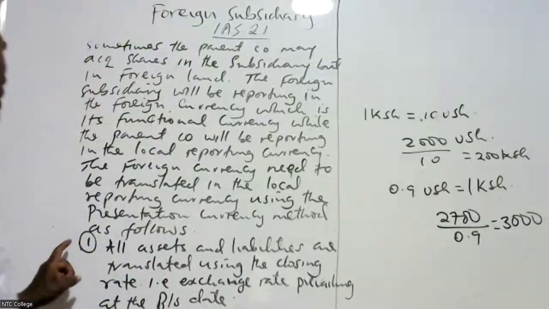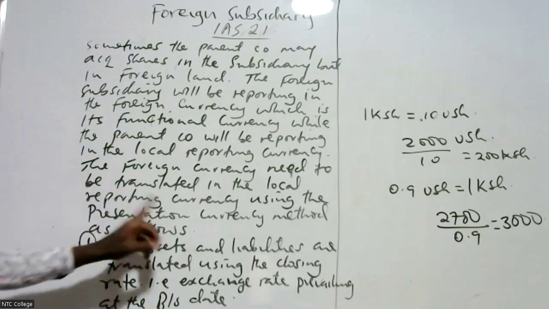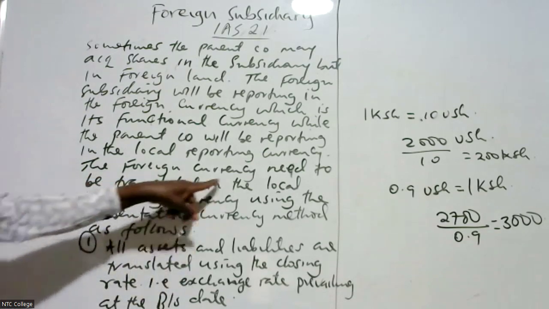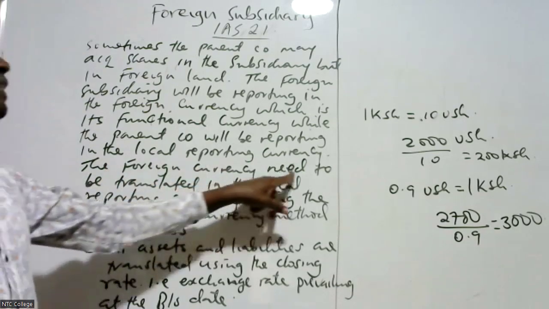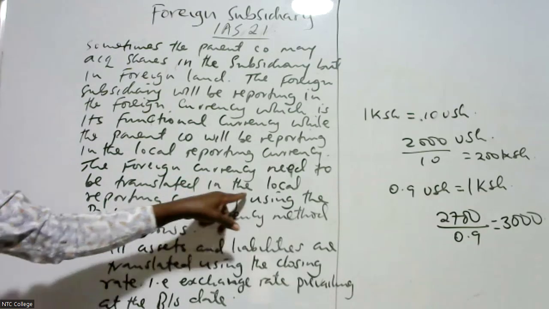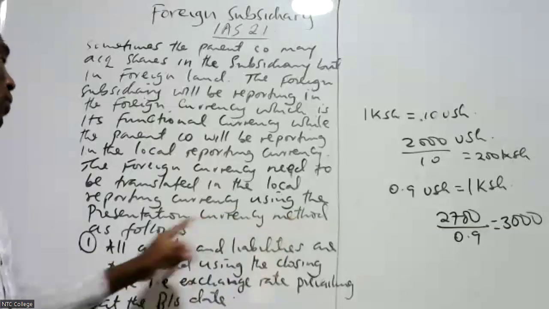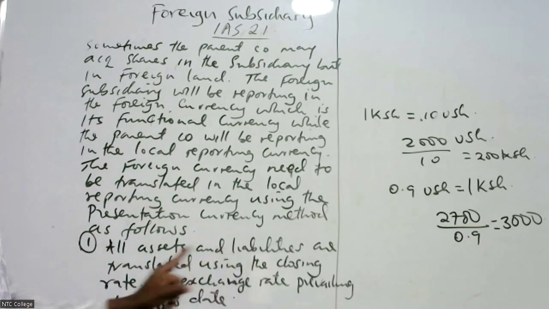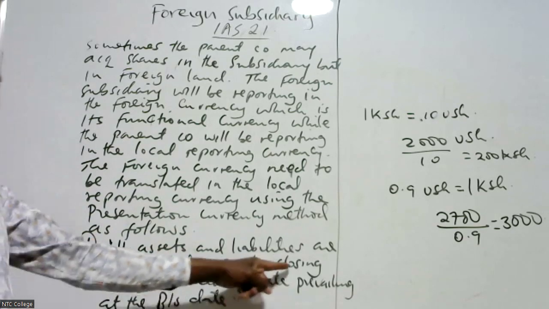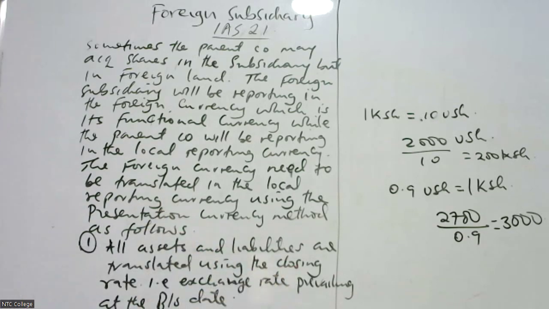Therefore, we were here. Those who have just joined, I'm just repeating what we wrote here. The foreign currency needs to be translated into the local reporting currency using the presentation currency method as follows. This is now the most important part. Number one, all assets and liabilities are translated using the closing rate, i.e., the exchange rate prevailing at the balance sheet